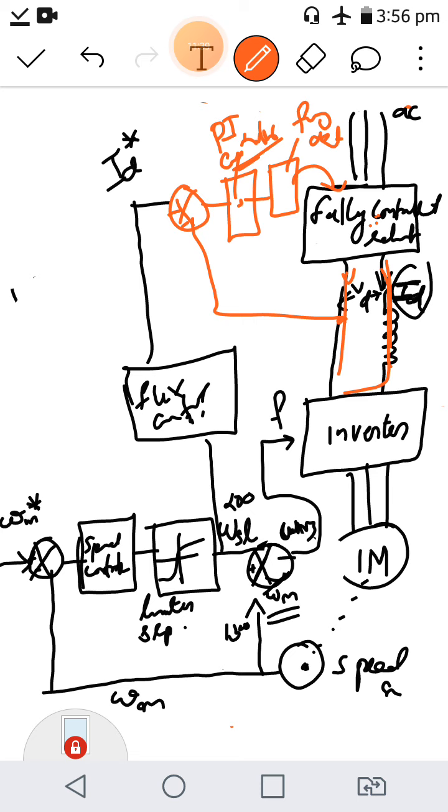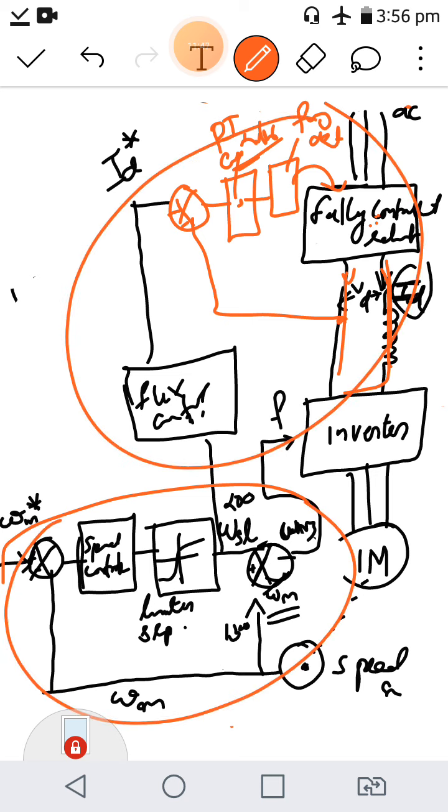Once you vary this VD, ID also varies. Similarly, this is the frequency control loop, the inner loop, and this is the outer loop. Here you are controlling both frequency and current. In VSI it was frequency and voltage, that's the only difference. So this is all about the closed loop operation of the CSI fed drive.